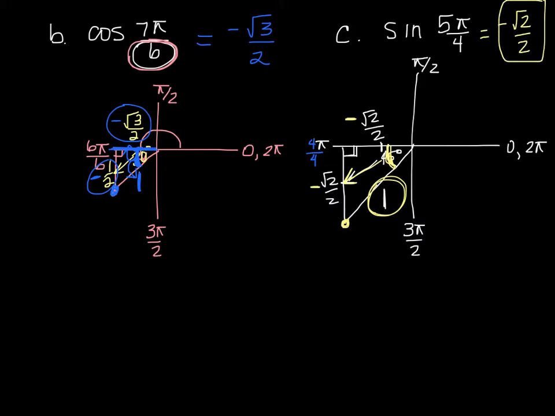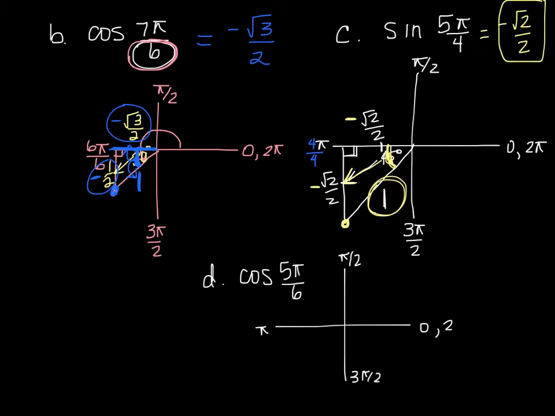I think one more we'll have time for, so I'll do another real quick one here. Last one of these, we'll do cosine of 5 pi over 6. And so again, I'll draw it. 0, pi over 2, because it's 90 degrees, pi, 3 pi over 2, and 2 pi. And so what I'm going to see, and I'm actually going to move this, cosine of 5 pi over 6, so I can have a little bit more room.